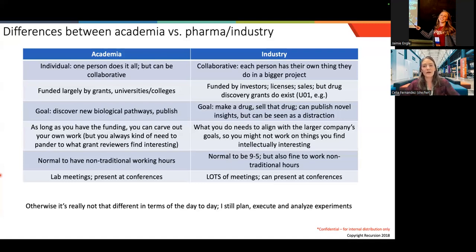And then I read that Recursion has this technology that they've developed that eliminates that bias. And that was really, really appealing to me. And it seemed like it could be a really powerful way to get new drugs for Alzheimer's disease and other neurodegenerative diseases. So that made me choose Recursion specifically.